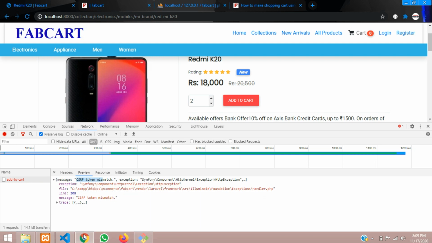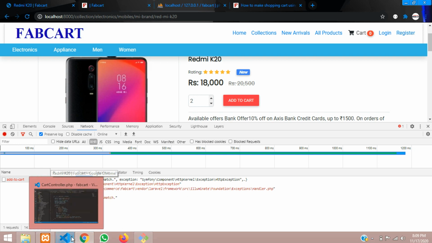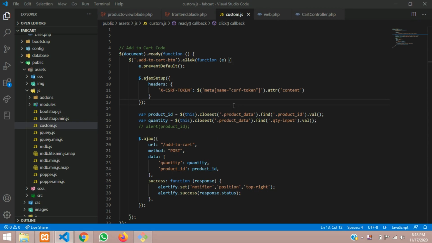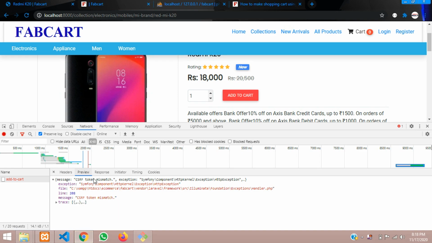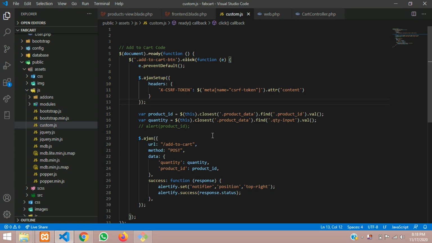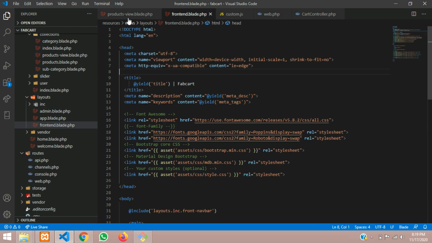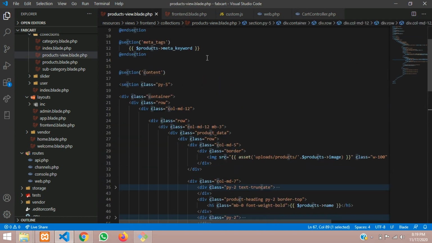So let's remove that. As we are getting that token mismatch, okay, so CSRF token mismatch. So let us see that token, what we are getting. So it's telling that meta tag of name csrf-token from the content attribute. Okay. So now let us see, is it available in our blade file. So this is extended from this product page. Okay.